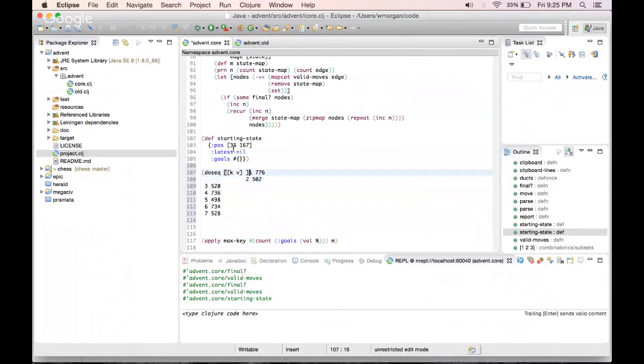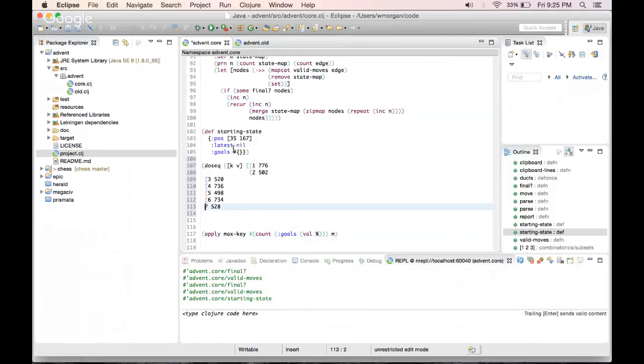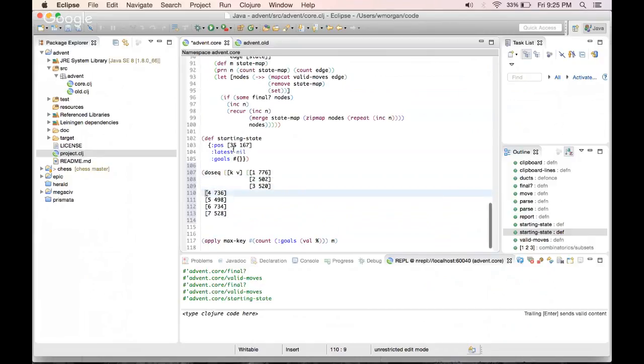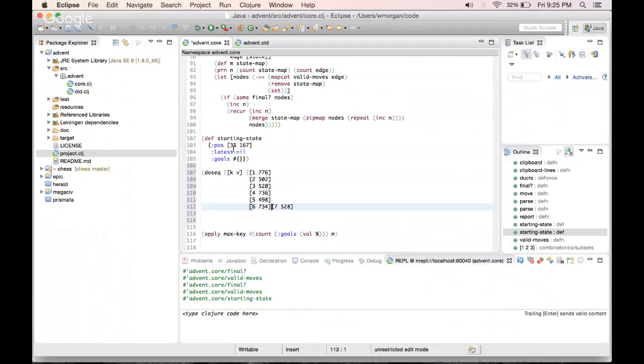So let's put these in a data structure. Line it up nice. Okay, and then I think I want to redefine my starting state. It's pretty ugly, but I think,